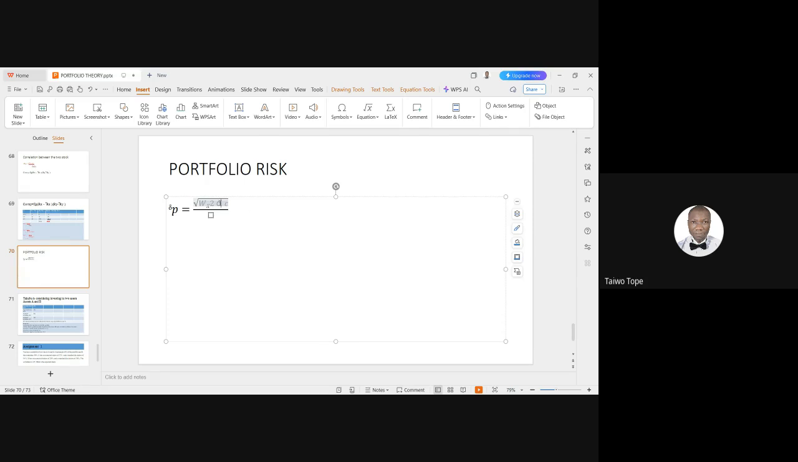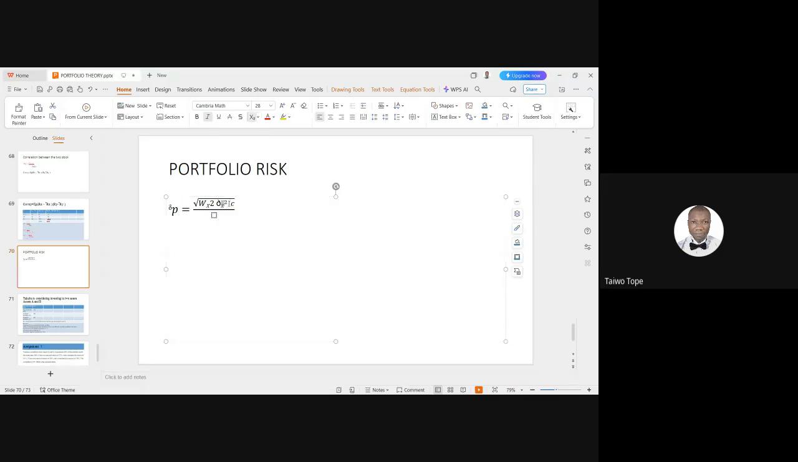Yes. So this square is standard deviation of x squared. Hope this is clear, please. Weight of security x squared multiplied by standard deviation of security x squared. You understand? Plus